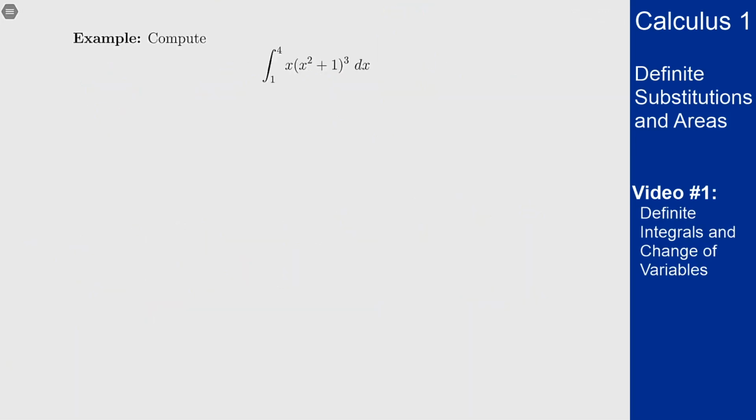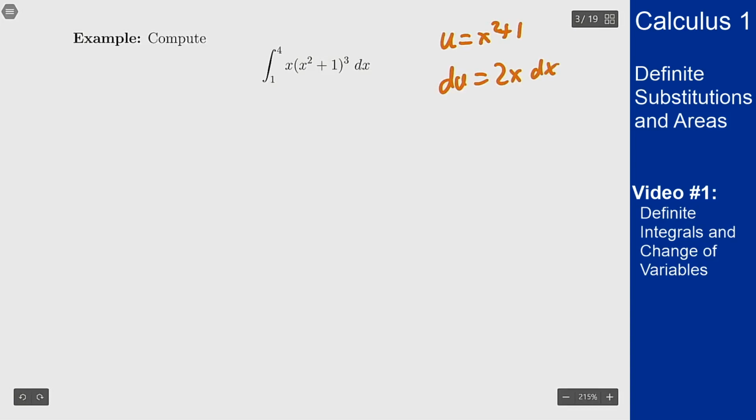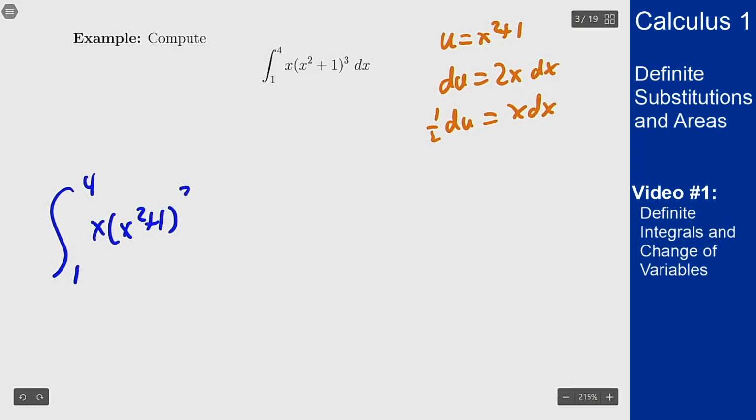We compute the integral from 1 to 4 of x times (x squared plus 1) cubed dx. So from doing indefinite integrals, I know what I should do here, and I should set u to be x squared plus 1. So du is 2x dx, or 1/2 du equals x dx, which I have in my problem. So what does this become? The integral from 1 to 4 of x times (x squared plus 1) cubed dx becomes an integral of 1/2 u cubed du,